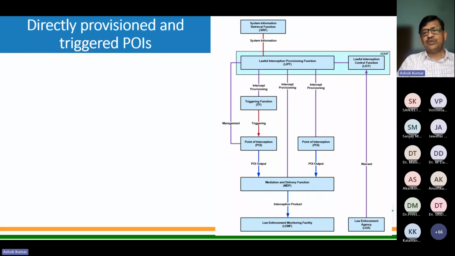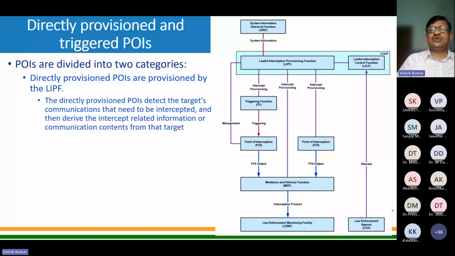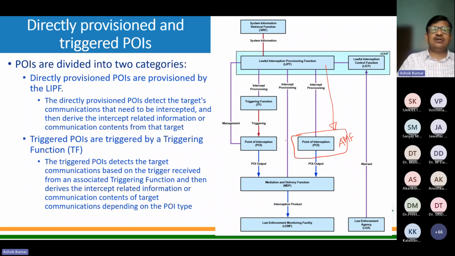Now there are two types of POIs. One we call directly provisioned POI. If you see this picture, this can be directly provisioned by LIPF. For example, this is a case of AMF. AMF can be directly provisioned by LICF for interception. There are certain POIs which cannot be provisioned directly like this. So this may be triggered from another network function called TF, for triggering function. In this case, this will be provisioned. Why? Because this network function is capable of detecting communications. So it can detect, and once it is able to detect,